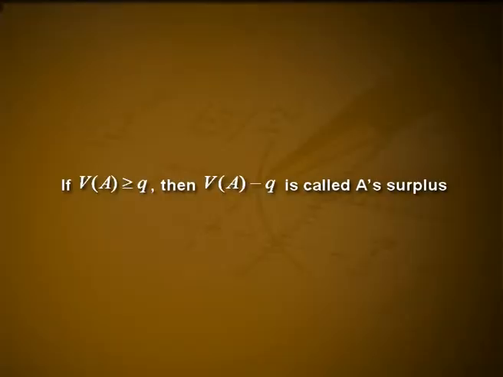We are assuming here that the basic voting method used is cumulative voting. Definition: if V(A) ≥ Q, then V(A) − Q is called A's surplus. Declare all candidates with non-negative surpluses elected. Now, let A be the candidate with the largest surplus. Call a candidate B a remaining active candidate if V(B) < Q. Now transfer to the remaining active candidates V(A) − Q votes, leaving candidate A with the Q votes needed for election.